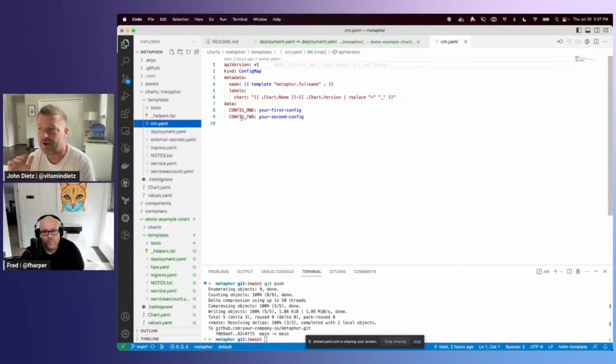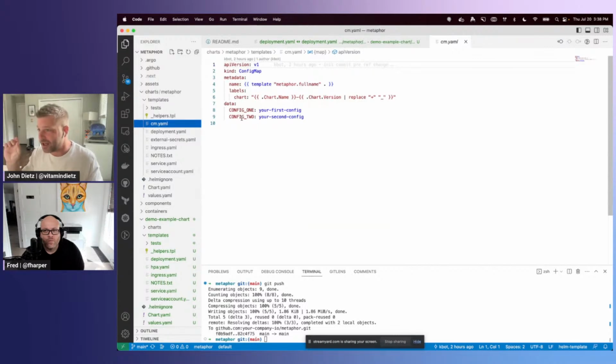Now, what we're doing when we're in the chart directory, however, is defining the defaults for this particular application. So you wouldn't want to put any environment-specific details in this chart because this is just the chart in its generic form that you're trying to publish. Now, the instances of when this chart gets installed to development, staging, production, we're going to look at that in just a second.